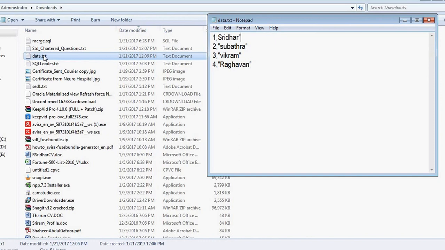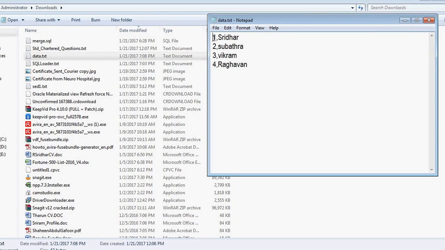If the data is separated with the delimiter and you want to load it, here we have only 4 rows, but if you have billions of records downloaded from any downstream application and you want to insert all of them into our database, in that case SQL Loader is very useful. Today I am going to show how you will load all these values into our database.